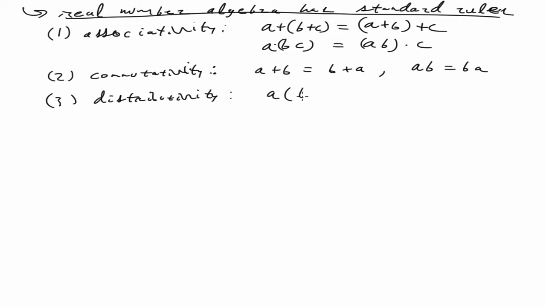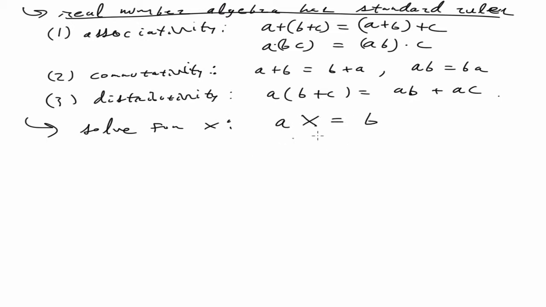And that is that a times (b plus c) is equal to ab plus ac. Those three things together, I'm sure you've seen all these rules before, but now with all these together, if I want to solve for x, and I have a times x is equal to b, and I know what a and b are, and provided a is not equal to 0,